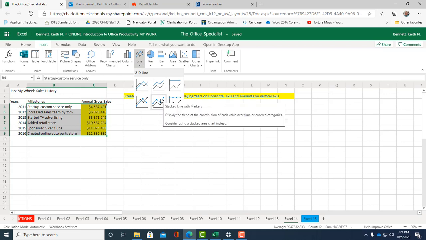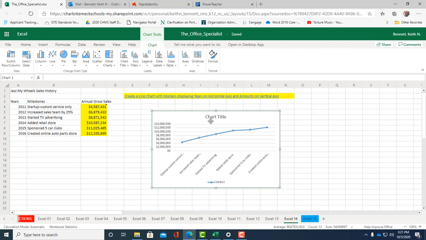Now this is a line chart with markers, so that is an option. So we want to click that, and you see the dollar amounts over here, and you see what would be on the